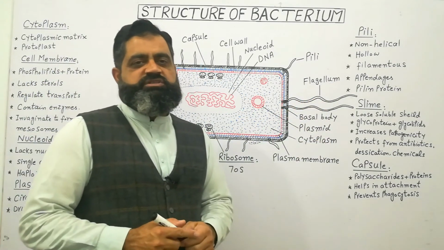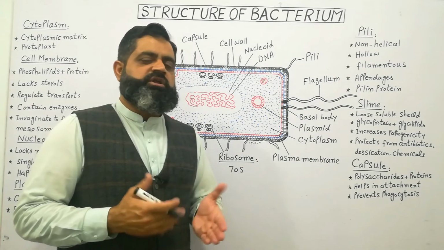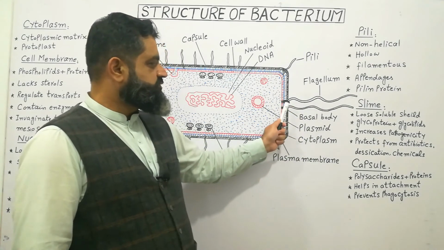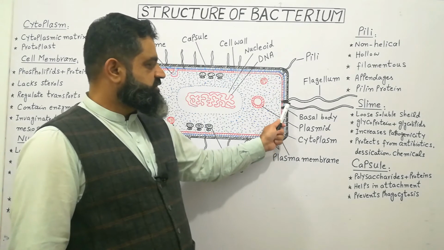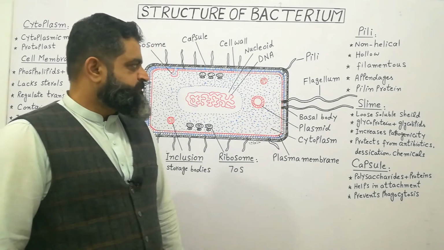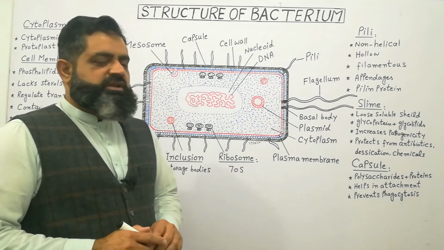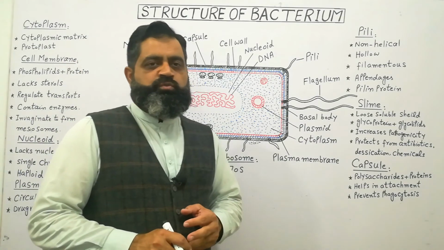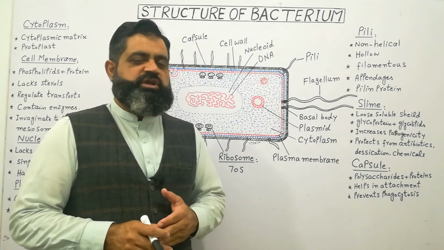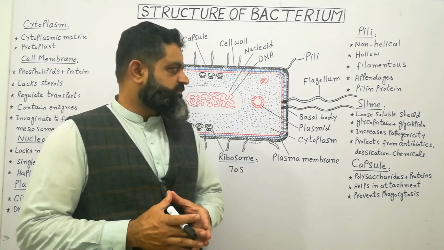The other appendages which you can see on this bacterial surface are flagella. Some bacteria contain a single flagellum, while other bacteria contain many flagella. Flagella arise from basal bodies, which are a structure just beneath the cytoplasm, the plasma membrane. Flagella help bacteria to locomote in a process known as chemotaxis, which we will discuss later in an upcoming lecture.